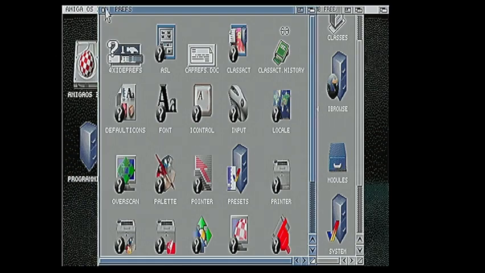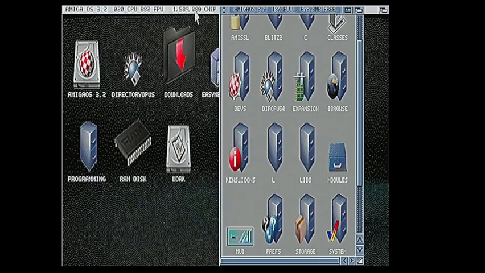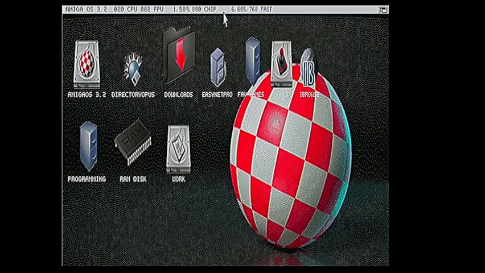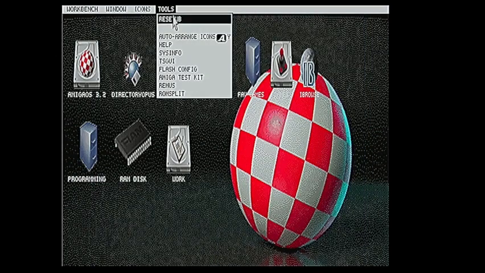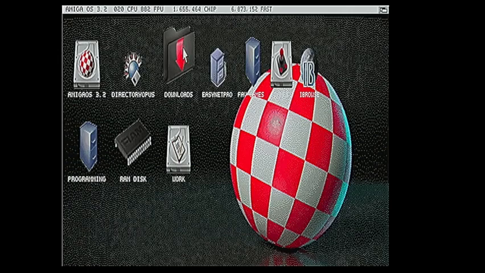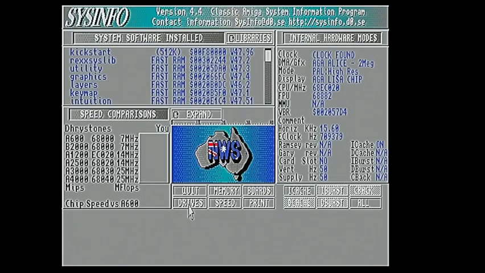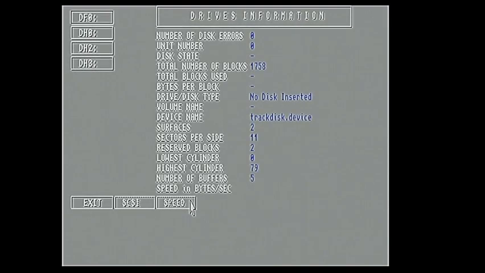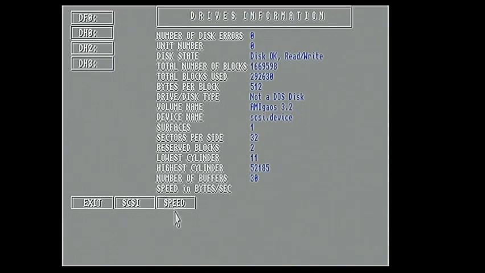So now if I go into sysinfo, drives, DH0, speed, we now have an improvement. Not much of an improvement